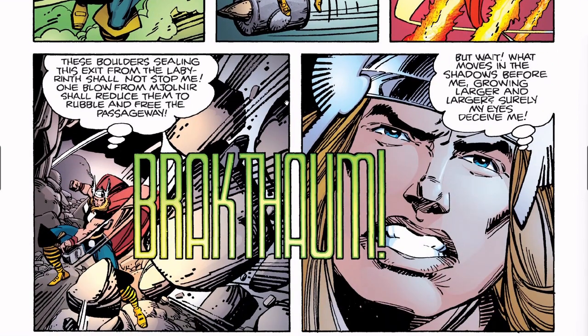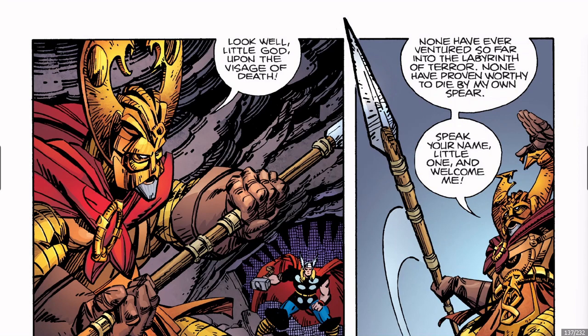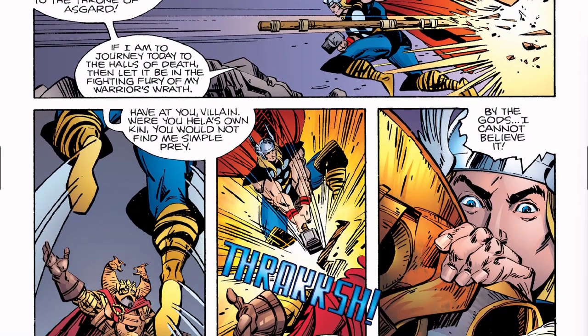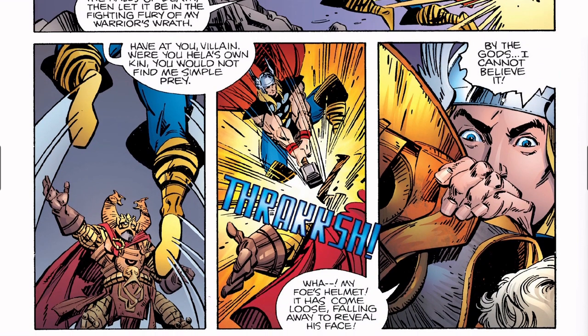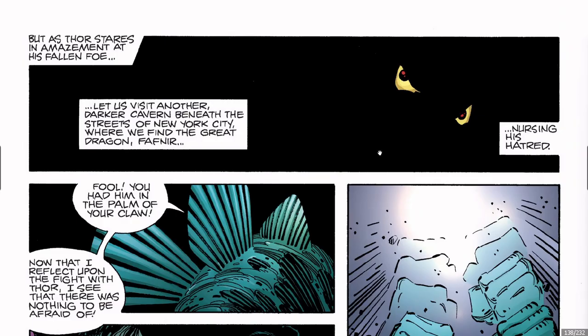So he finally gets through all the traps and finds a warrior, and asks him who he is, and Thor introduces himself and goes to fight and removes the helmet, and he goes, "Oh my goodness, I can't believe who this is." But of course, we're going to have to wait for the revelation of who it is, because